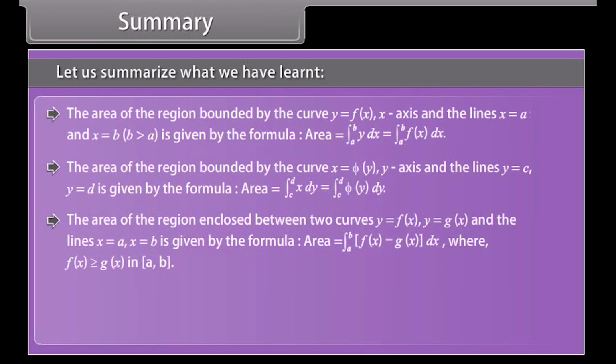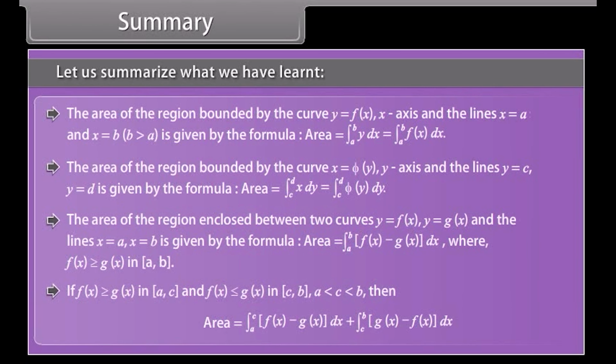The area of the region enclosed between two curves y is equal to f of x, y equals g of x, and the lines x is equal to a, x equals b is given by the formula given below. If f of x is greater than or equal to g of x in [a, c], and f of x is less than or equal to g of x in [c, b], a is less than c is less than b, then area can be formulated as